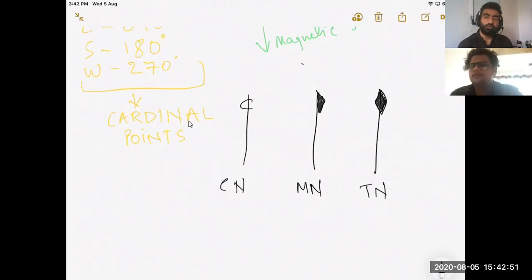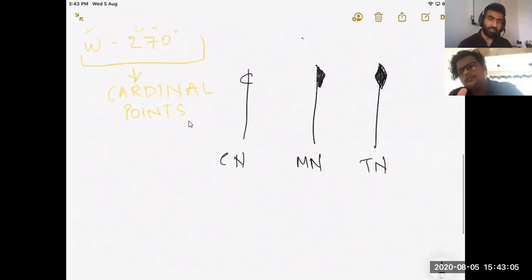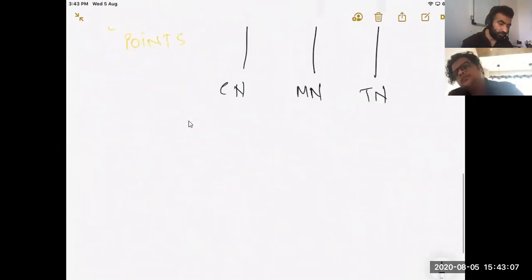Now, what is geographically fixed? Which north is geographically fixed? True north. Very good. Clap for yourself. Very nice. So whenever you are solving sums for directions, first thing you will do is,